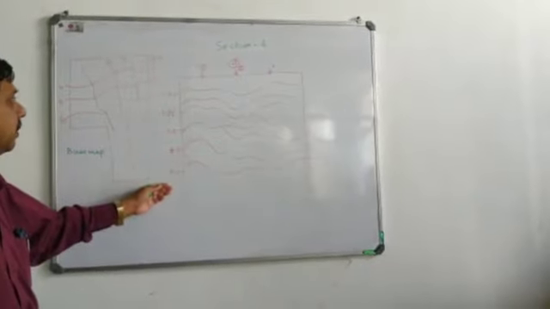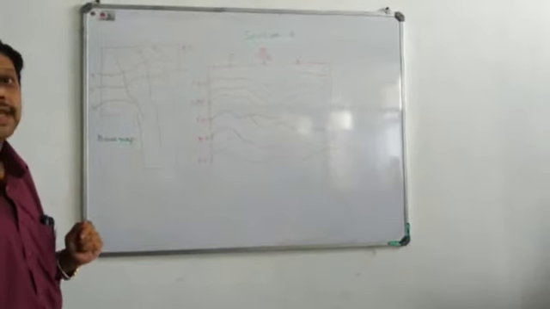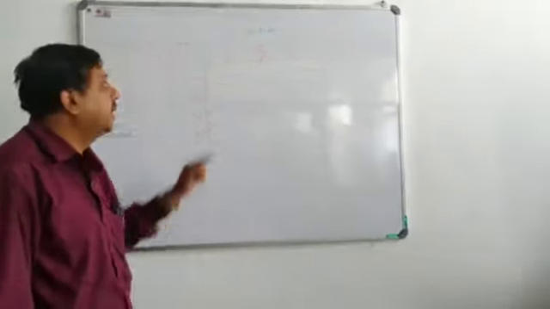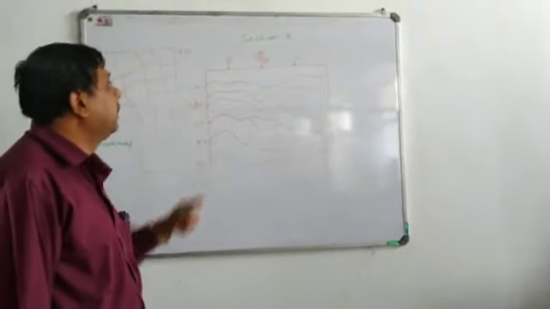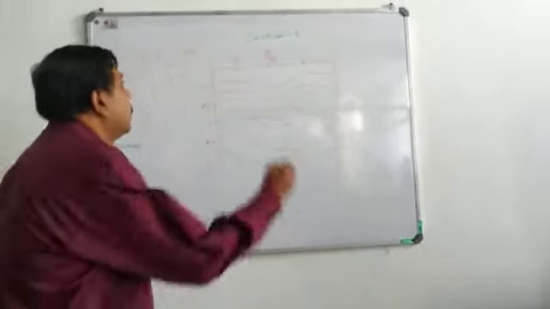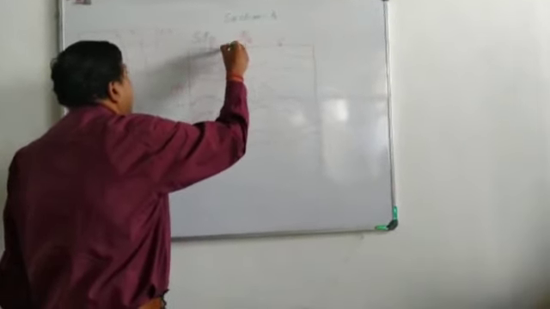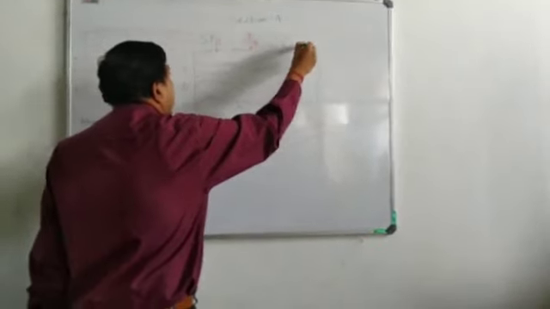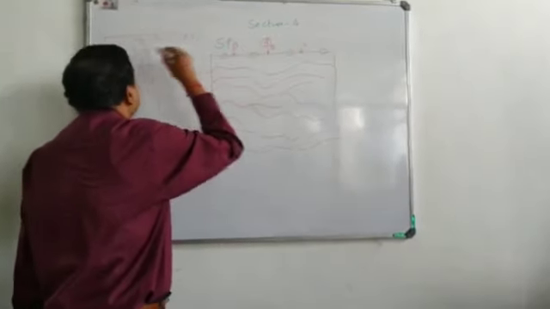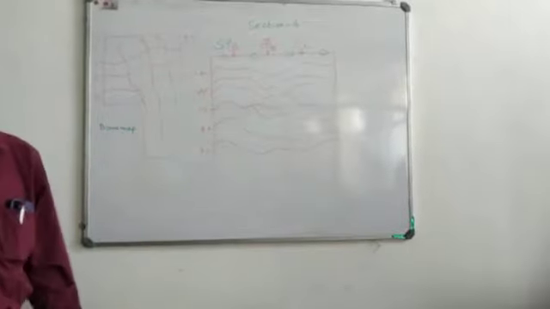Now what you are seeing on the right side of the map is a section, and this is seismic section number 4. It's the east-west section, and you can see that lines 1, 2 and 3 are cutting this section at a particular shot point. On the top we have the shot points, which I am marking with green, and lines number 1, 2 and 3, which you can see on the base map also, intersect line number 4.